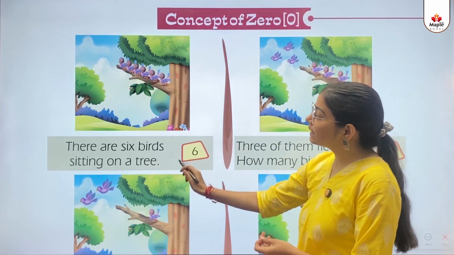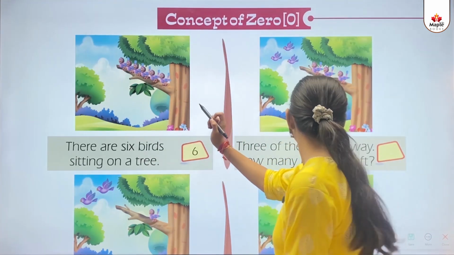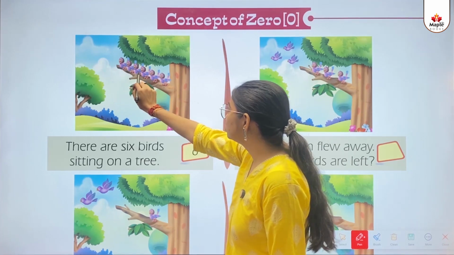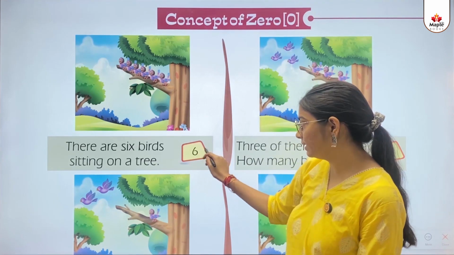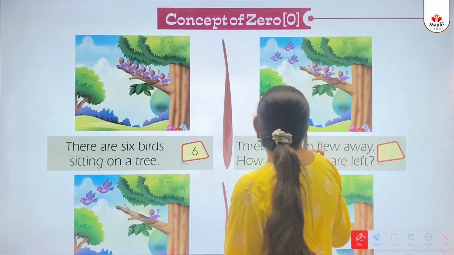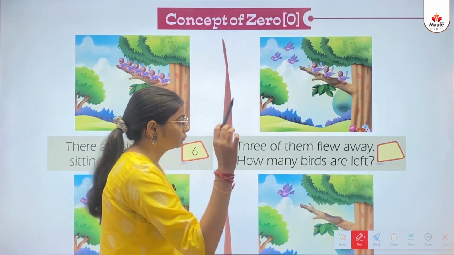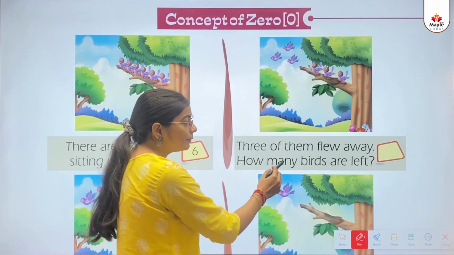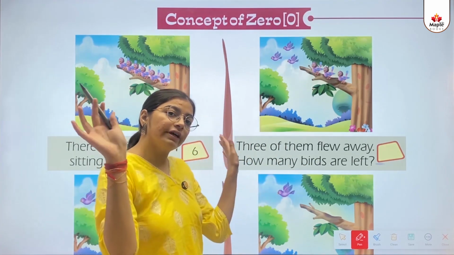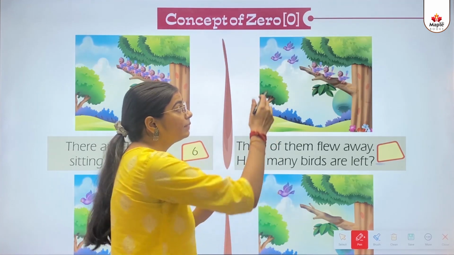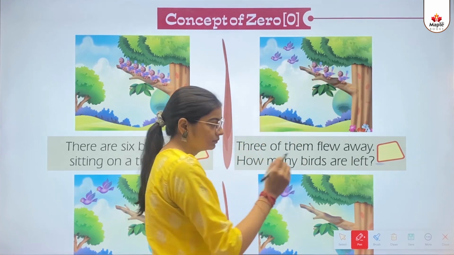There are 6 birds sitting on a tree. We will count. Okay. 1, 2, 3, 4, 5, 6. There are 6 birds. It is written here already. Then, what is written here? 3 of them flew away. How many birds are left? So, we will count. 3 of them flew away. We will see how many birds are there on the tree. 1, 2, 3. So, we will write here